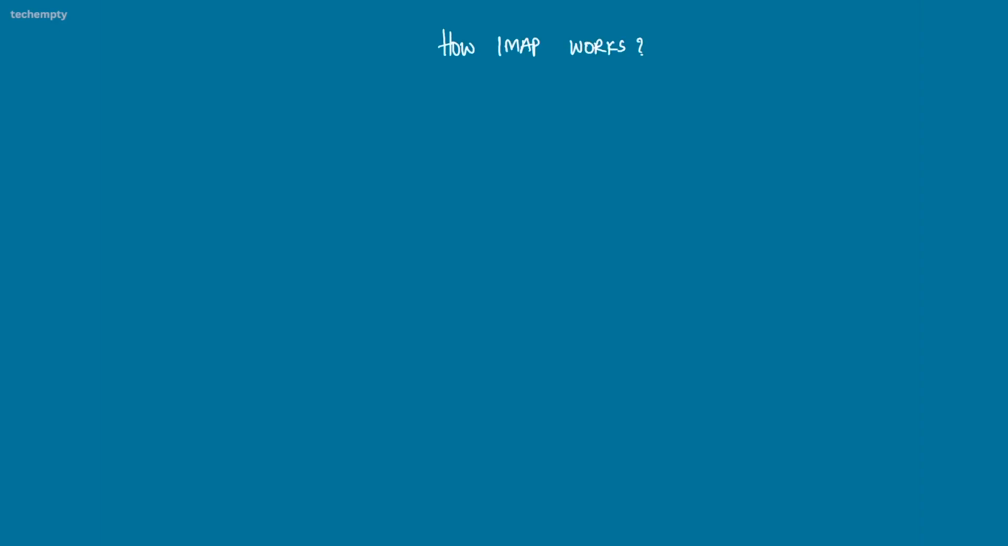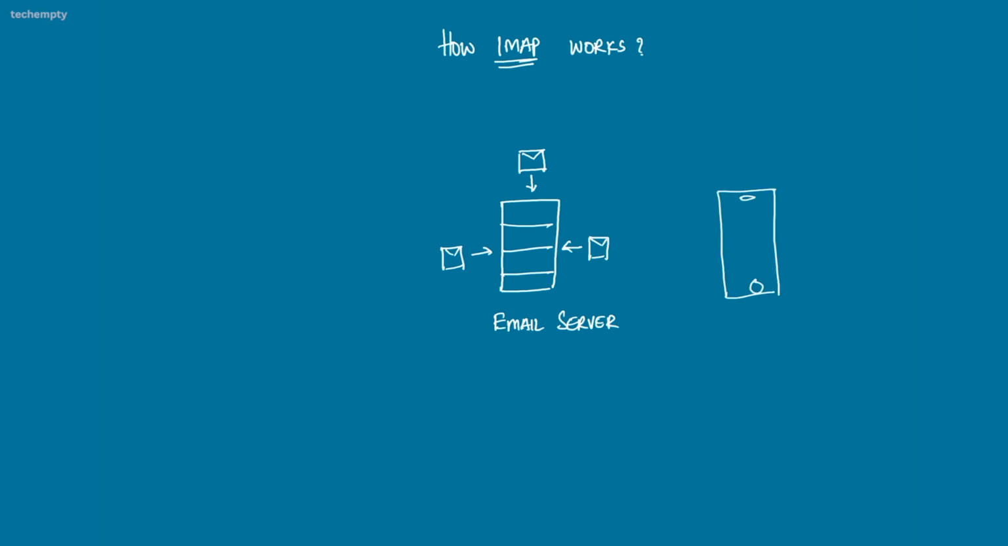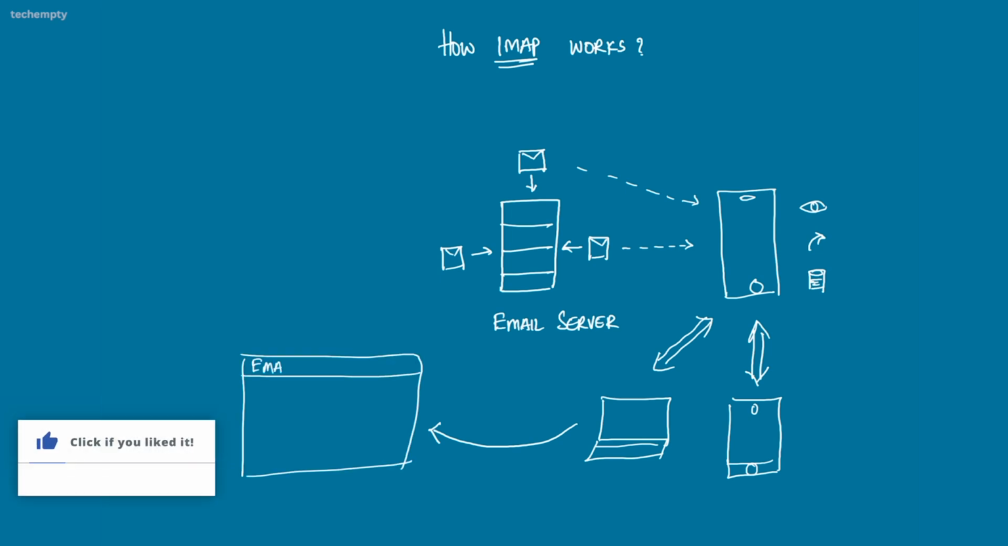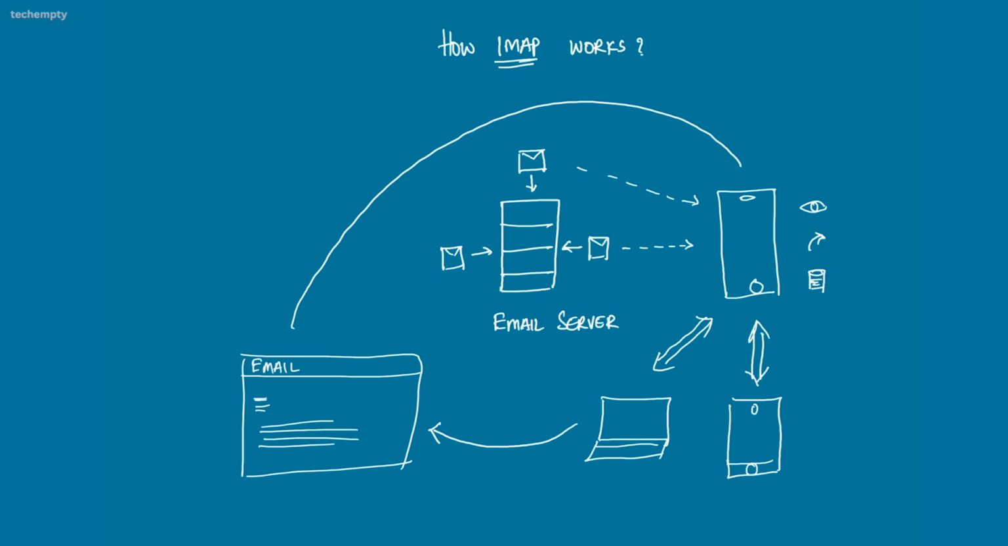This is how IMAP works. Let's say this is your email server, which stores all your emails. When you try to access those emails from your phone, you can view, reply, delete right from your phone, and the same status will be synchronized in all other devices like iPad, computer, etc. Suppose you are composing a new email on the computer, you can resume the same draft from your phone